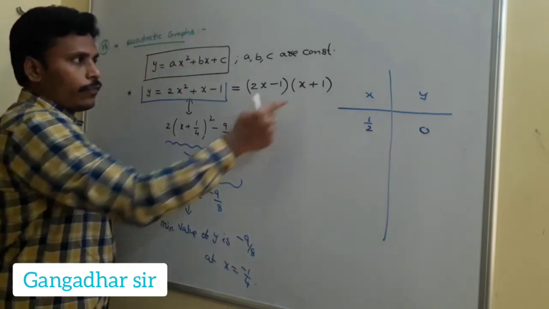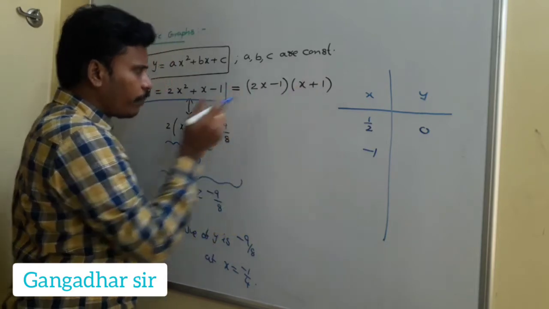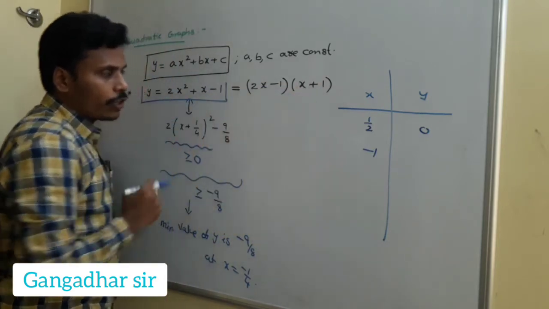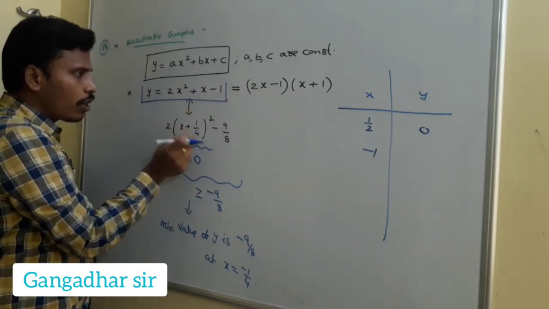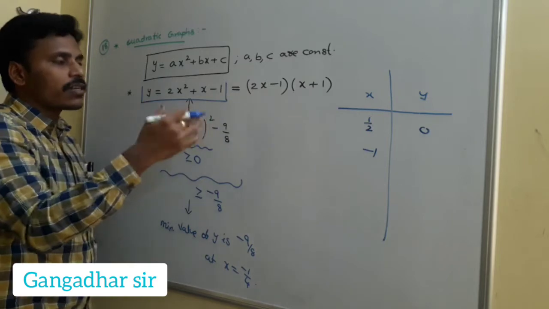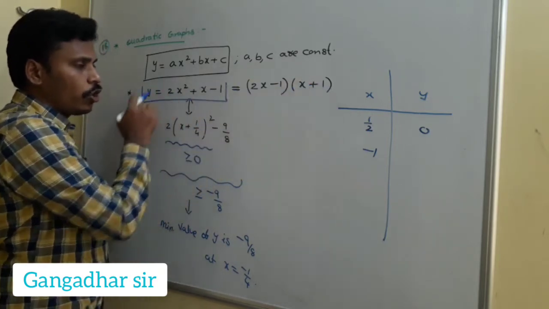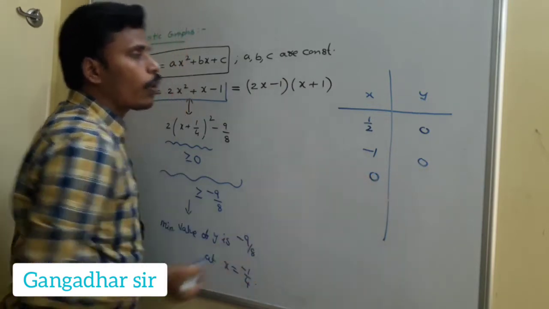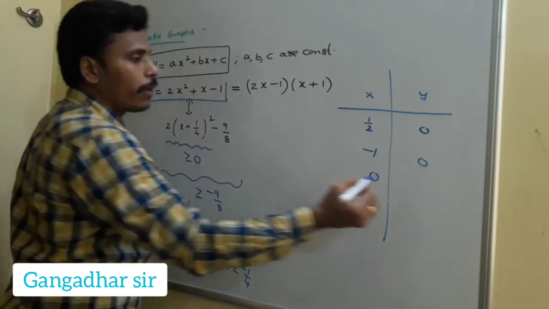If you replace x with minus 1, this is 0 and the value of y is 0. Replacing x minus 1 here is nothing but replacing x minus 1 here. All these four are the same, just different ways of expression, right? And if you replace x with 0, what will happen? Since x is 0, this is 0, this is 0, you are left with minus 1.